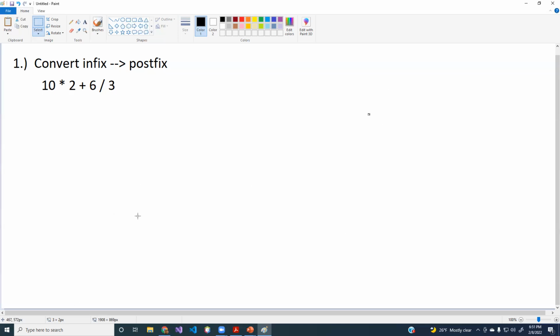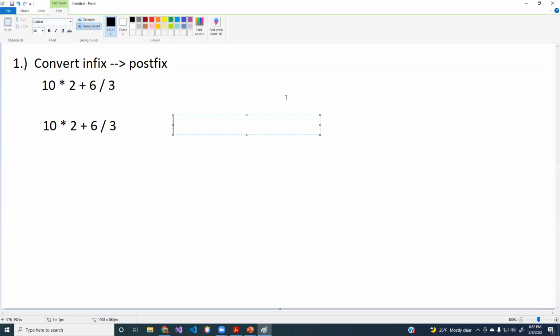So I guess, well, no, I guess we'll just do the conversion right now. So let's do the conversion, then we'll worry about calculation in a second. So converting this from infix to postfix, what do you think the first step we're going to do is? Putting parentheses around which ones? What's the first thing you would do? Multiplication and the division. Yes, of course, because